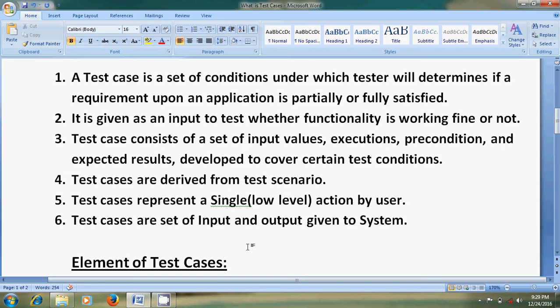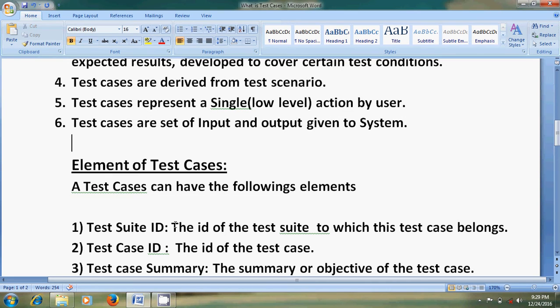Basically friends, there are 15 elements of test cases. The first one is the test suite ID. Here it is, the ID of the test suite to which the test case belongs. Second, test case ID, the ID of the test case.